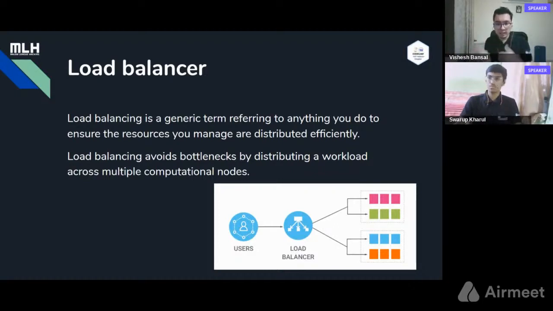In layman terms, let me explain this in terms of FFCS. In VIT, we have a system called FFCS, which is first come first served. Basically, you define your own timetable as well as teachers. It might happen that there is a demand for a lot of teachers, sorry, for one subject, but there are fewer teachers.